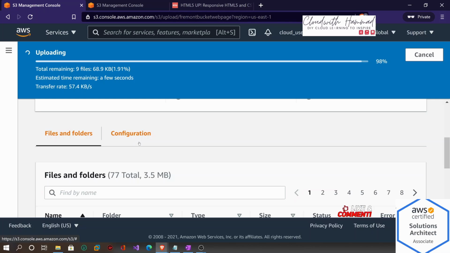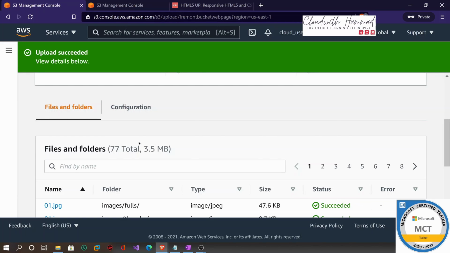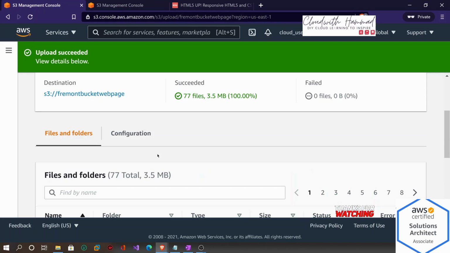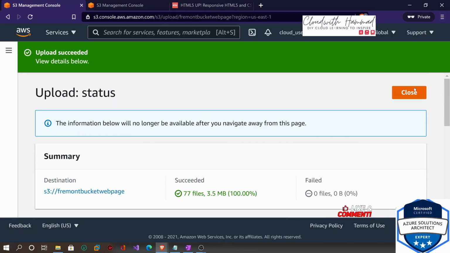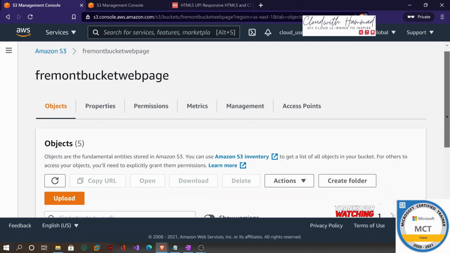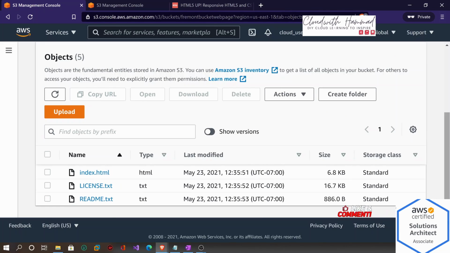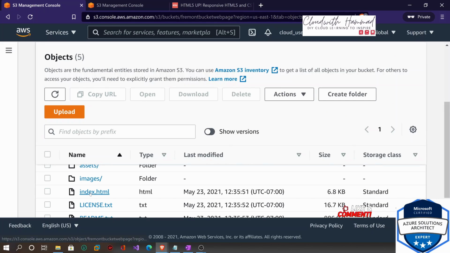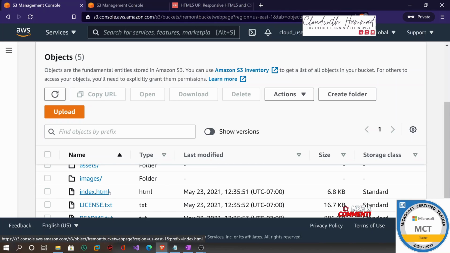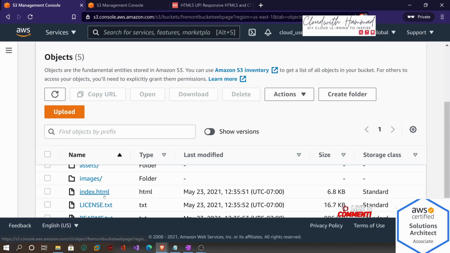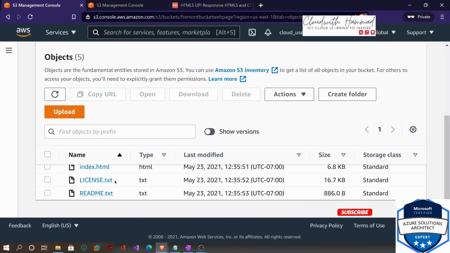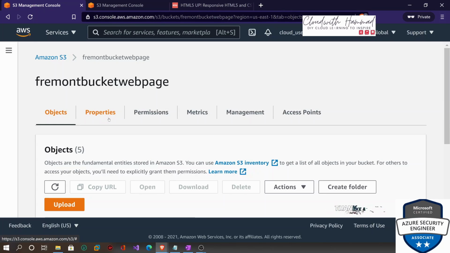So first I need to show you how to get to S3 and how to get to the static location where you can change it. So let me show you this here. If I close this here, and then if I scroll down, you can see everything is there. All the files are updated, and I'm talking about this file, index.html. You can edit this or whatever, but you need to tell the S3 bucket which file to pick up. So for that, you just need to go to properties,